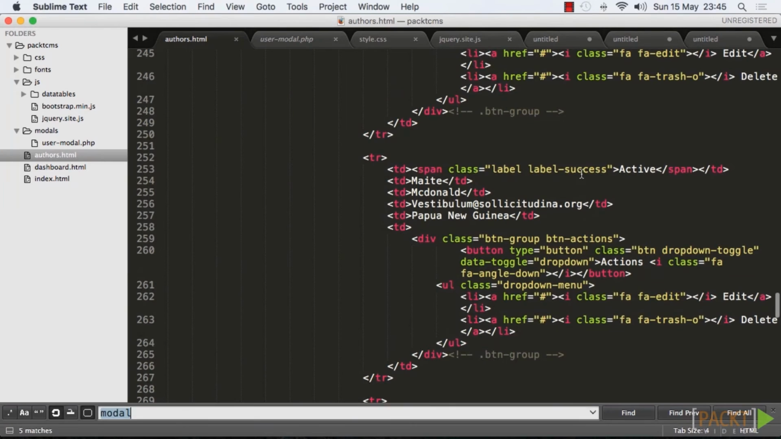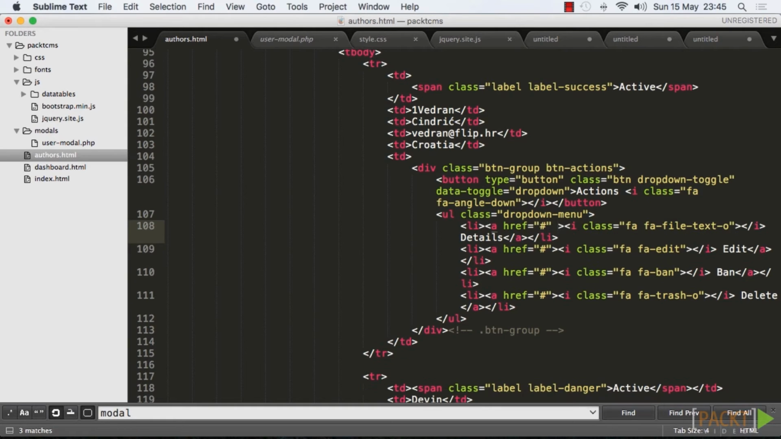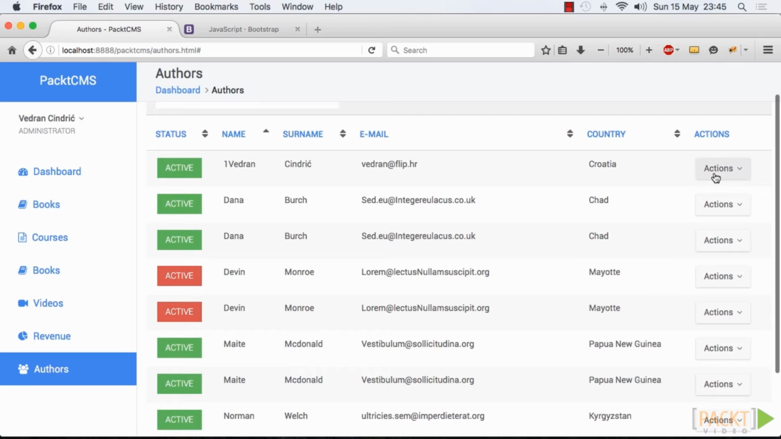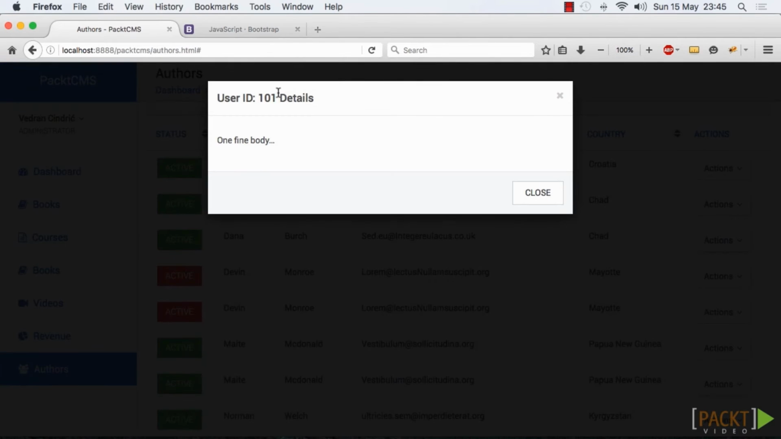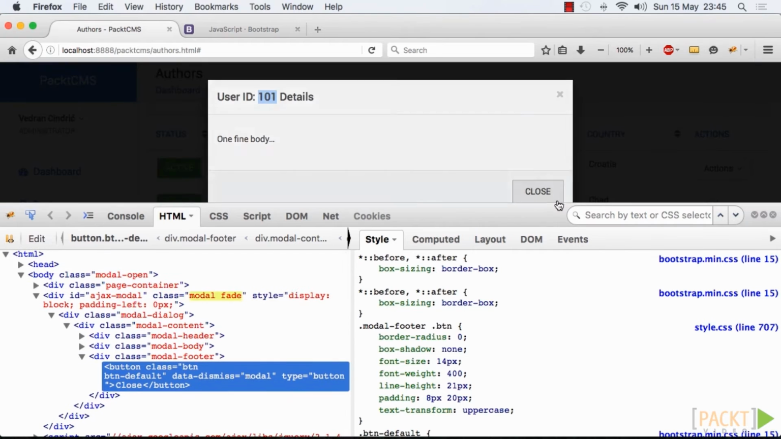So what we need to do in order to make that happen is change this from this to something like, let's say, 101 and class show user modal. Now, of course, if we run this, you'll see that we are getting the user ID right here. And one important thing to notice, once we close it,